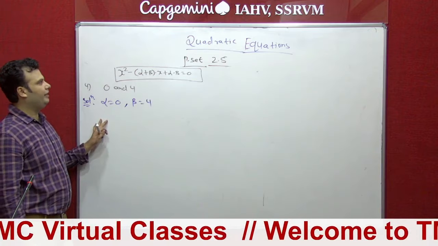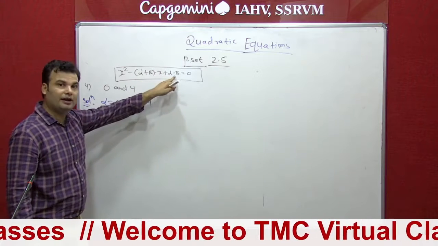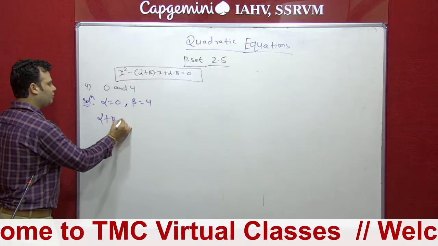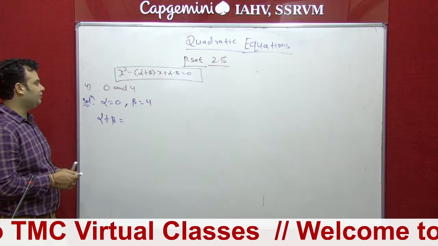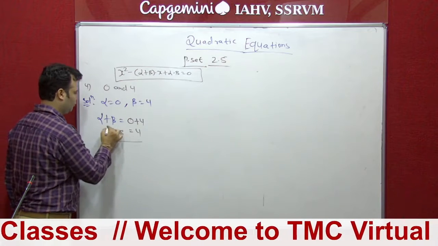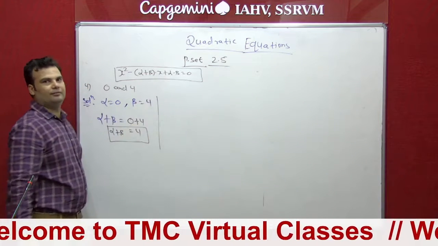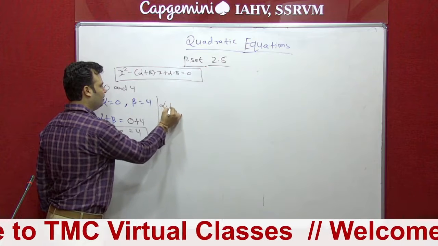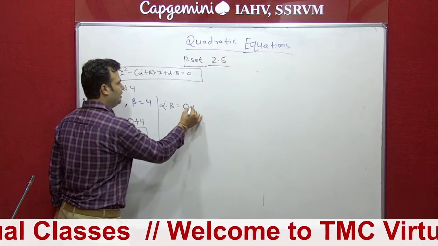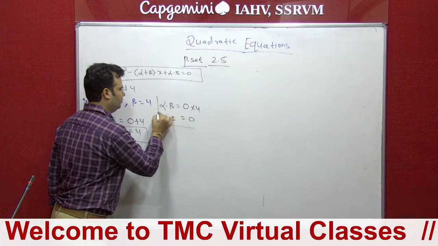Now students, we have to form the quadratic equation, but we require alpha plus beta and alpha into beta. So alpha and beta are given, so we can solve. Their sum is alpha plus beta equal to, alpha is given 0 and beta is given 4. So 0 plus 4 is 4 only. So alpha plus beta is 4. Similarly, next we can find alpha into beta because we require it also. Their product alpha into beta, alpha is given 0 and beta is given 4. So 0 into 4 is only 0. So alpha into beta is 0.